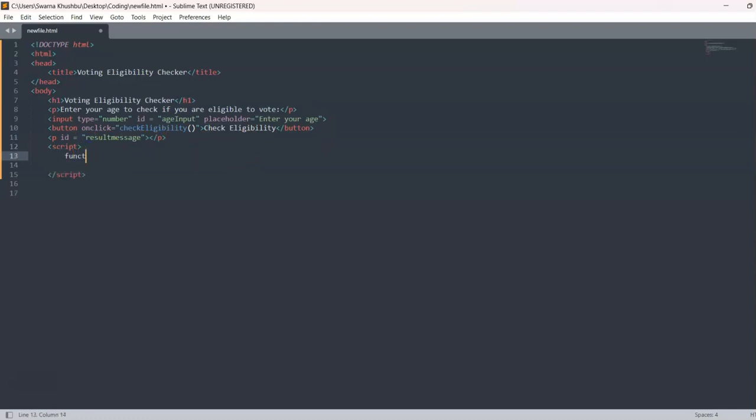So first of all, we have to go on with the check eligibility function, right? So this is the function name. Here we'll open the braces, and inside that we have to check the age first. So we have to take the element age input, so we have to get the element by ID age input, right? So what you can write over here is const age, and taking the input, you can write parseInt for that, and then inside that